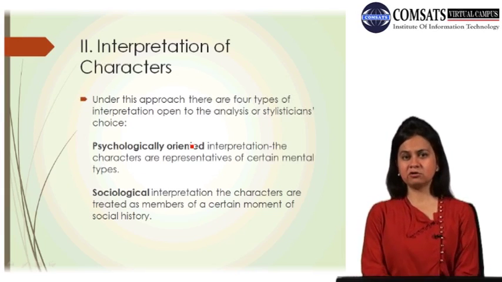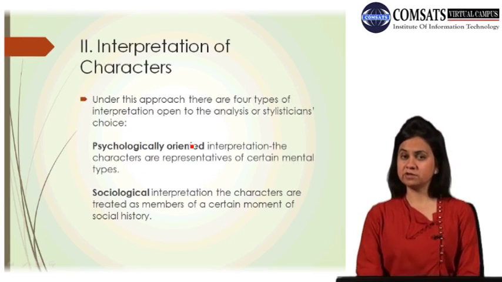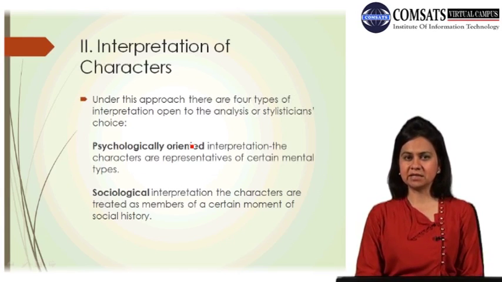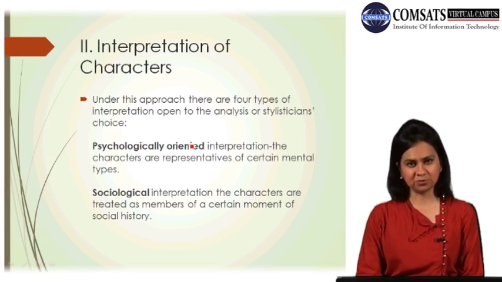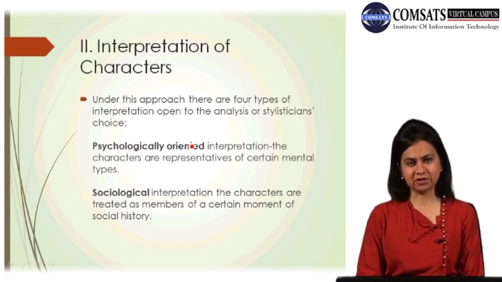Now, when we are looking at the character of Oedipus in the play Oedipus Rex, from the point of view of the literary stylistician who is using the approach of interpretation of characters, psychological interpretation would be his focus. In this approach, he would try to find out which personality type the hero belongs to. And we found out that the hero belongs to a particular personality type of people who are rash, impulsive, and proud. And how his personality traits, his rashness, his impulsiveness, and his pride led to the troubles that he faced.